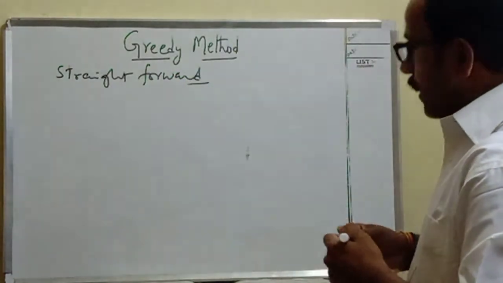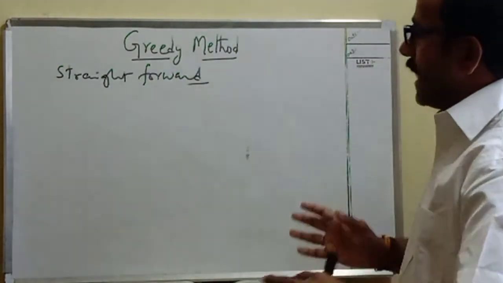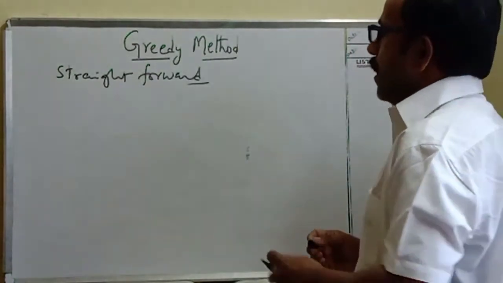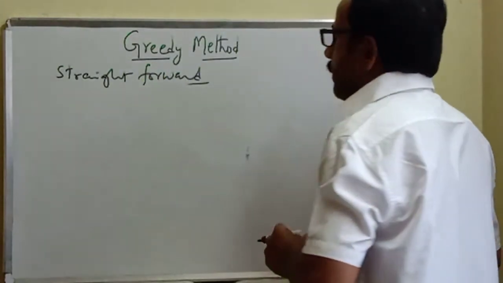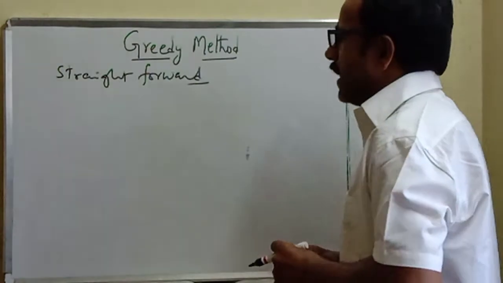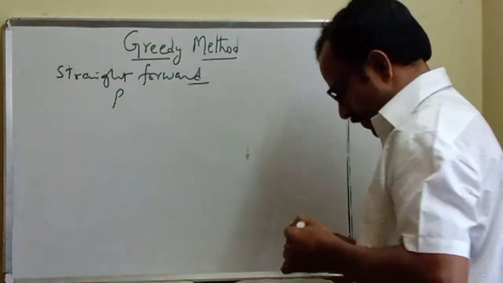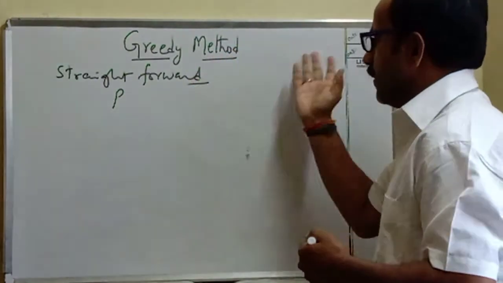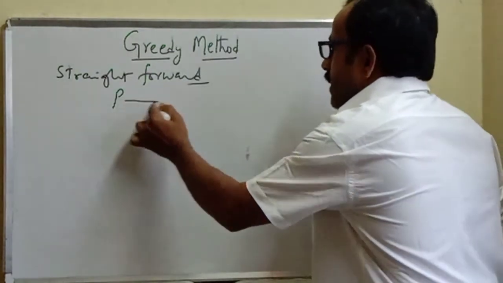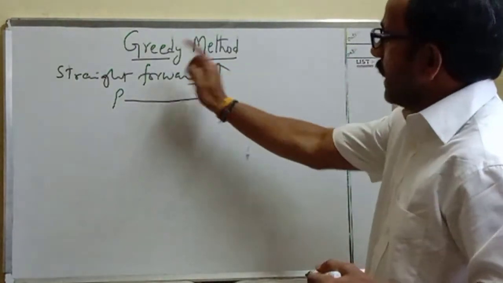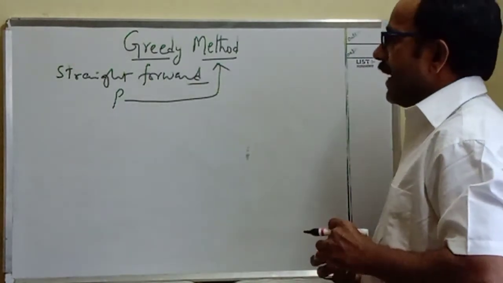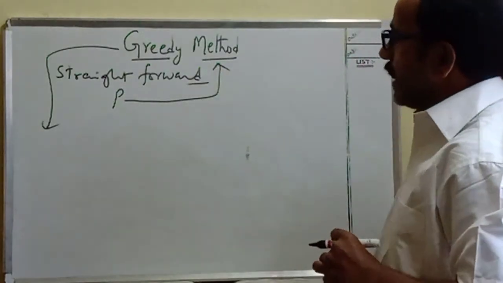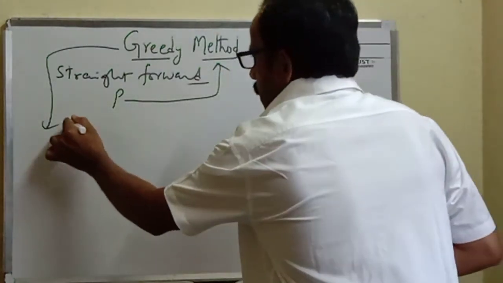This approach is used for designing algorithms, as all algorithmic designing techniques are used for solving problems. If you want to solve any problem under the greedy method, first of all we must identify the problem. If the problem is P, we verify whether it comes under the first designing technique, the second, the third, and so on. Suppose you decide that this problem can be solved by the greedy method, which is a straightforward approach, then we can solve problem P by using it.